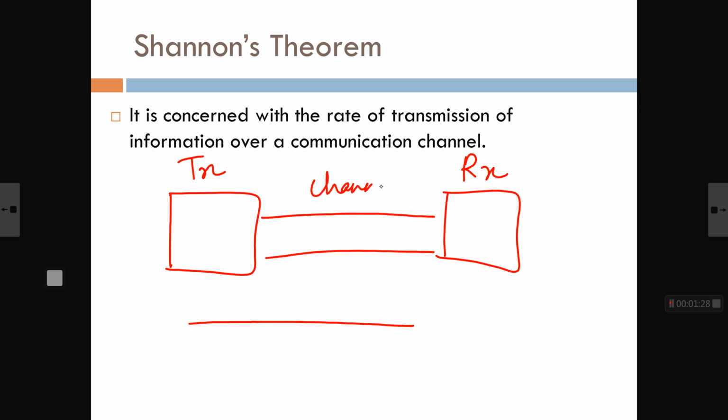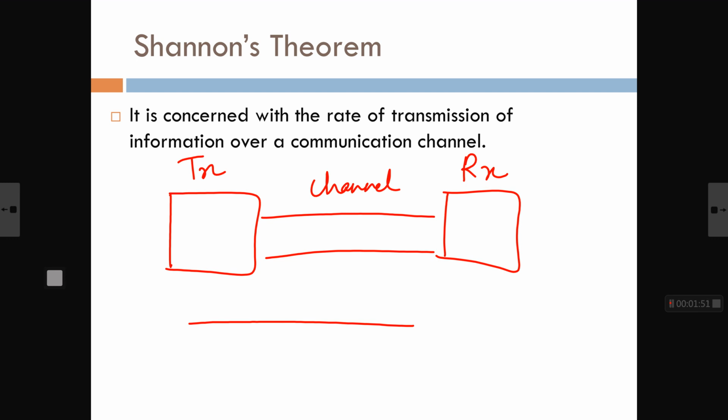This channel can be a wired medium, it can be a wireless medium. So, there are different channels which we have seen previously. Now, this particular theorem is to do with the transmission of information. So, from the transmitter to the receiver, we are going to send some information and that would be sent over